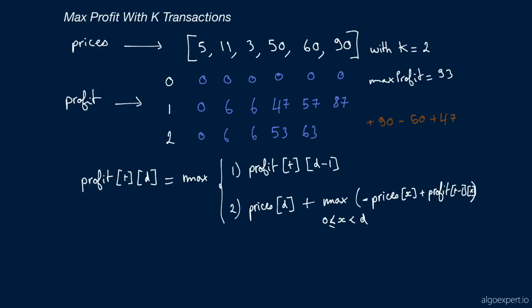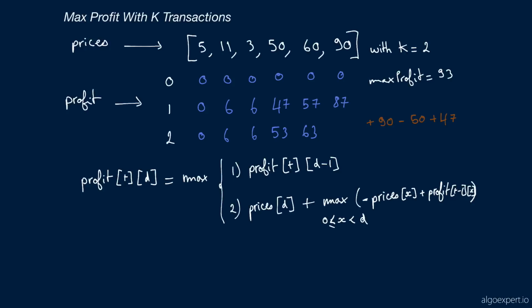So let's explain what exactly I just wrote here. The maximum, we're adding, in this number 2 here, prices on day D, which is $90 in our example, plus the maximum profit we can get with T minus 1, which is one fewer transaction than where we're at. We were at 2 transactions, so we go one row above at 1 transaction. Profit T minus 1 of X